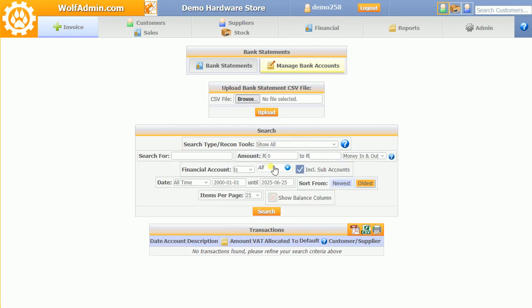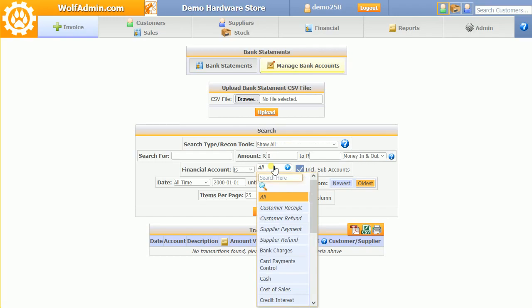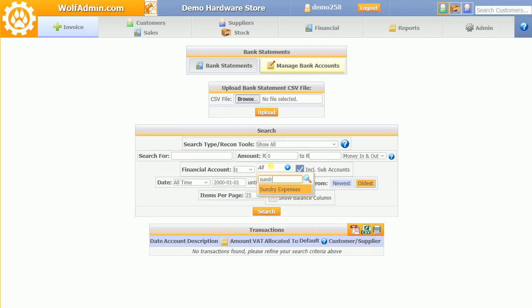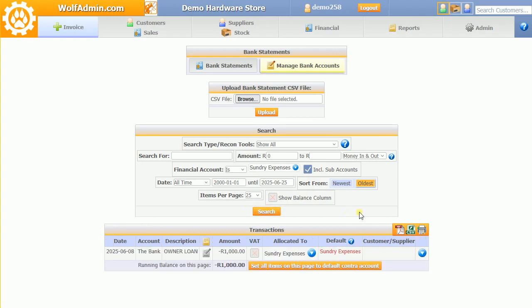You may also want to go through and check what is allocated to sundry expenses. So in the search over here, I can just select sundry expenses for all time. And then I can go through and see what's on sundry expenses. So here's another loan amount that we hadn't allocated. Now, what I can do is just create a keyword. So this happens